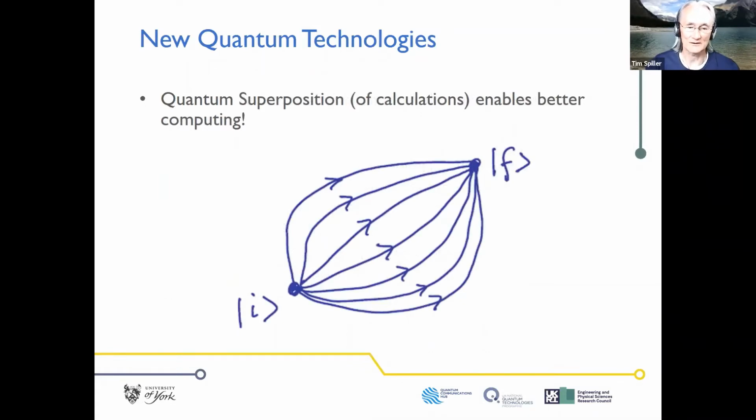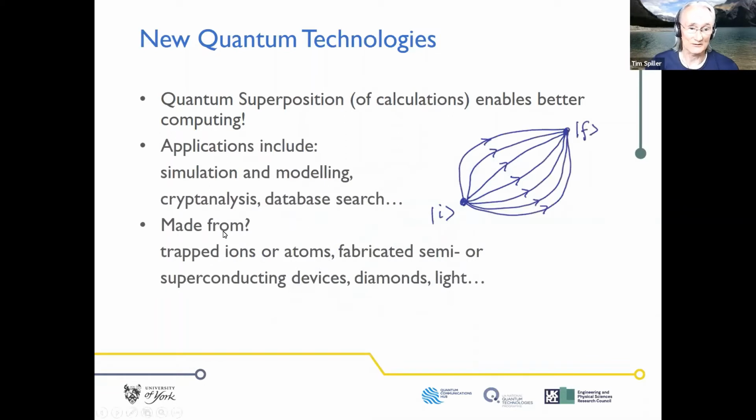The idea is that if you can put a quantum machine in a superposition of very many states and let it evolve, then in principle you can calculate very many things in parallel at the same time. And if you do something clever at the end with those very many quantum amplitudes, you can generally find out something interesting much more quickly than you can through doing those computations by conventional means. So quantum computing has applications in simulation, in modeling, in cryptanalysis, we'll come back to that one, database search, and